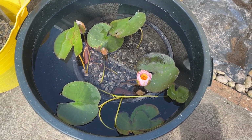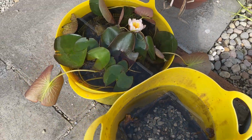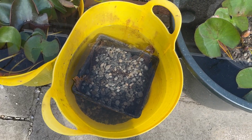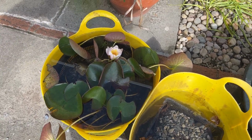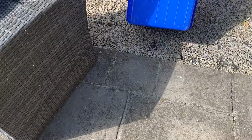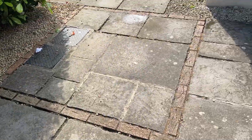I need to stick in a few tabs, but I just gave them a dip for 10 minutes in PP just to make sure there were no nasties on them like trichodina, but it didn't seem to impact them too much. They're still looking good and still blooming away. So that's that. I didn't put them back into the top pond yet because I want to treat this